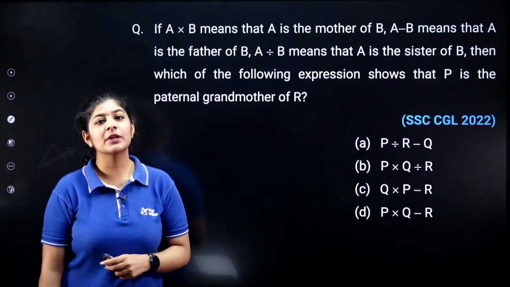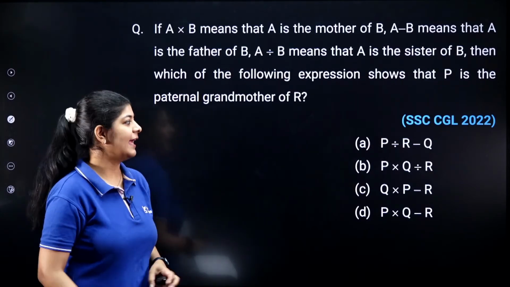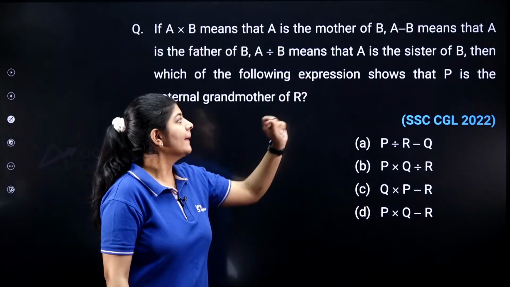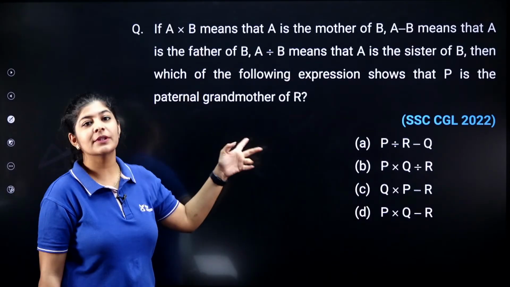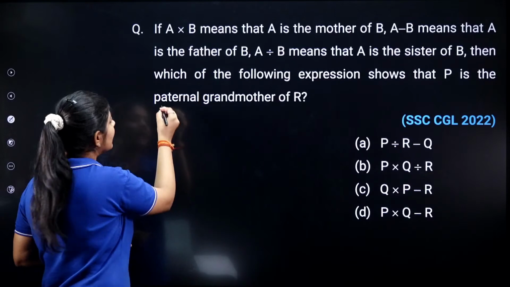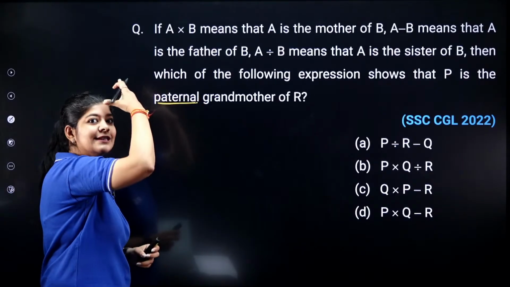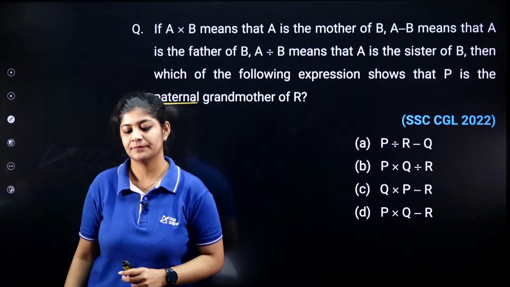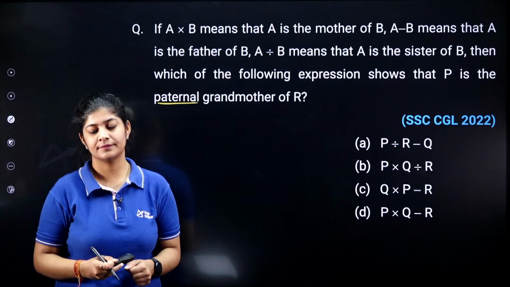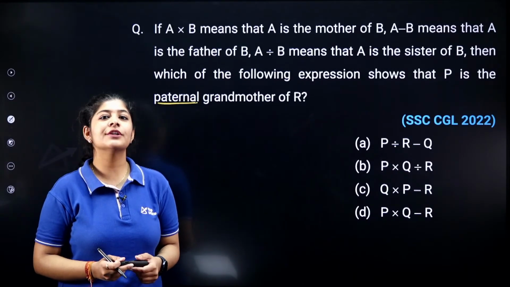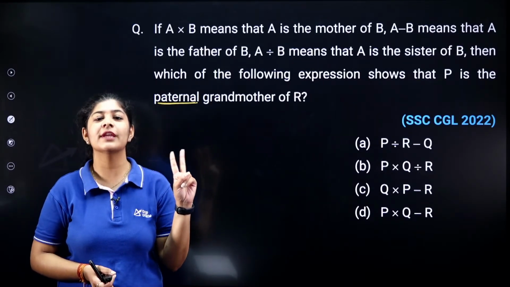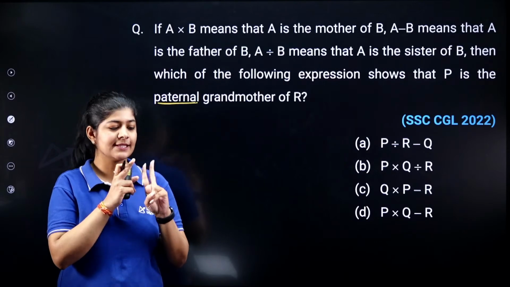So the next question is from the concept of blood relations. And here you are having few options. You need to check which expression is showing that P is the parental grandmother of R. P is the parental grandmother. Parental grandmother, that means father side extended family. I've already told you whenever you are having such type of questions, you only need to follow two things. First, check gender. Second, check